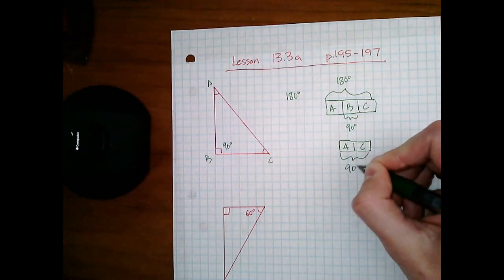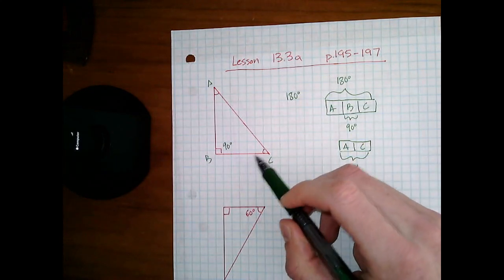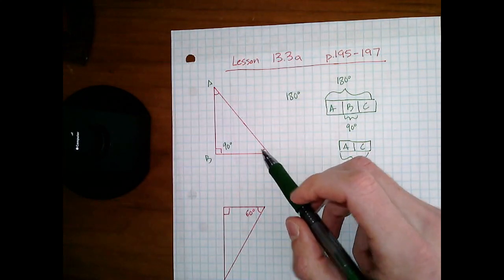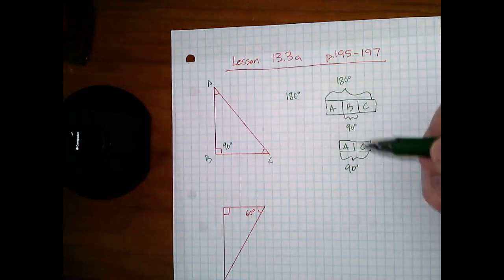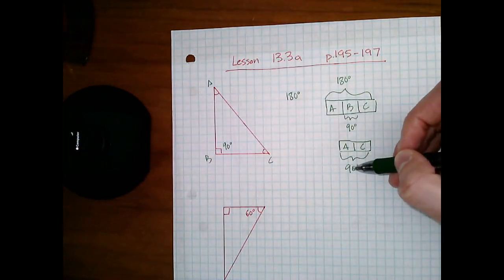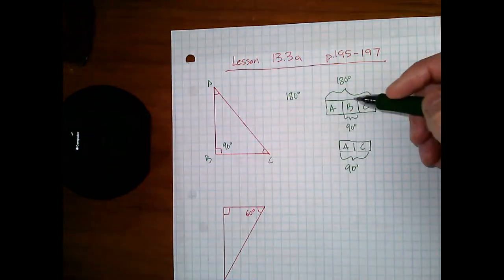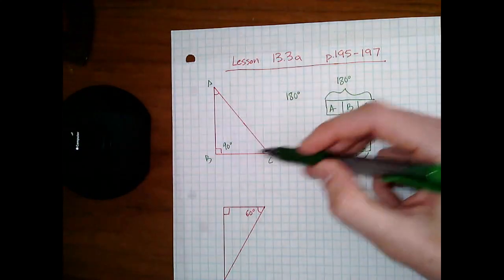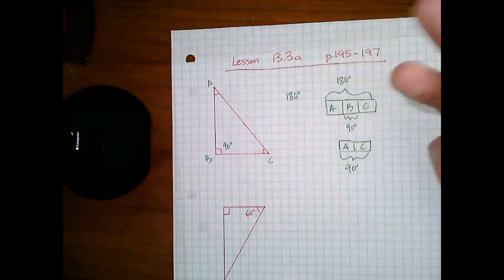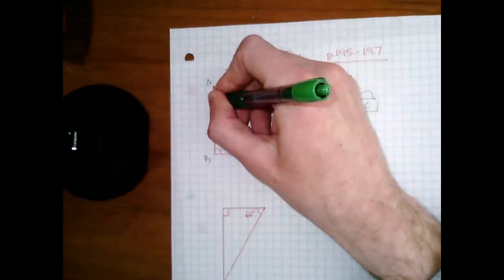I don't know specifically for this one what's the split. This one looks like it may be a little bit more obtuse than this one, but I'm not sure. But I know that together they have to be 90 degrees. So that A plus C plus B equals 180 degrees. So if I gave you the measure of one of these, I'll just randomly choose, what if this one was